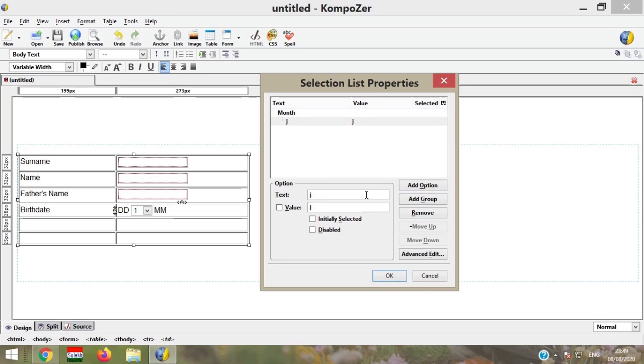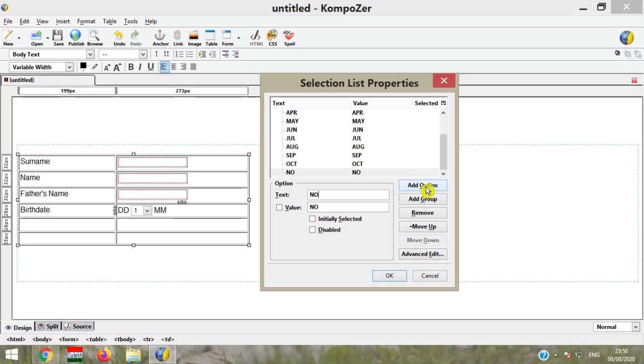In short, we are using the short form, then press OK.